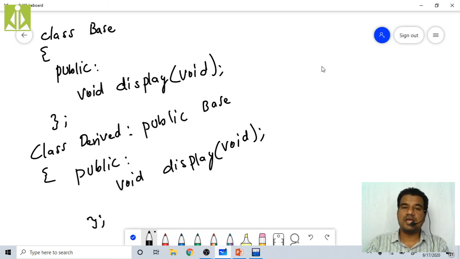Same function name, same number of parameters, and the types of those parameters must also be the same in both function declarations. The declaration inside the base class should be exactly the same as the declaration inside the derived class. Then only we call it function overriding.